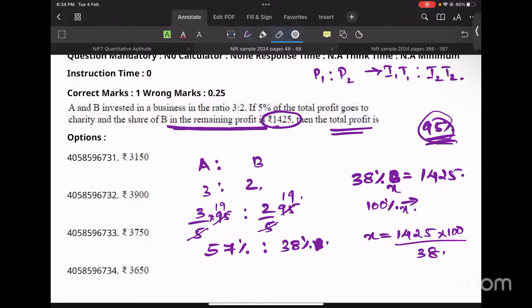Now you can cancel here. You will be getting it like 50, 17. So 1425, when you divide with the 17,